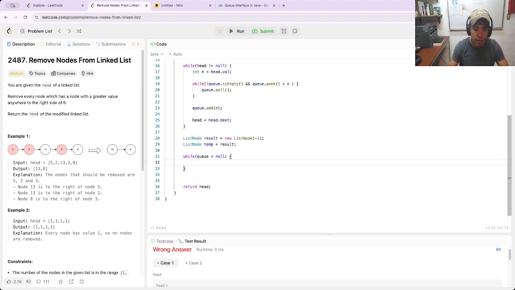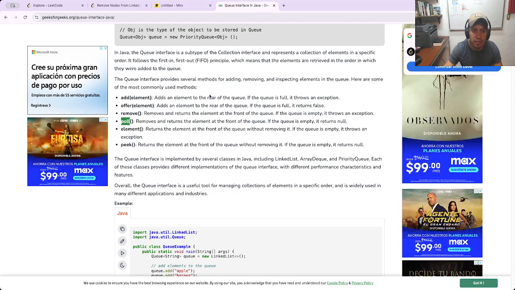or is empty, but negative. Basically here is temp dot next is equal to new list node, and here is the value, here is q dot poll, no, here is not poll, is